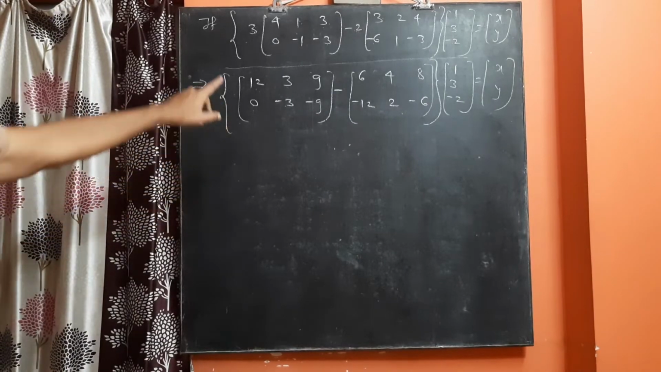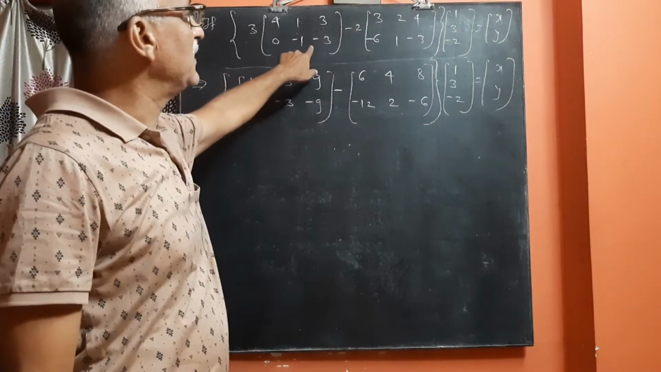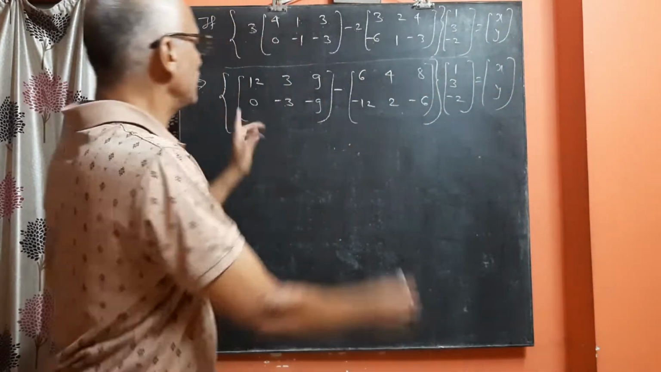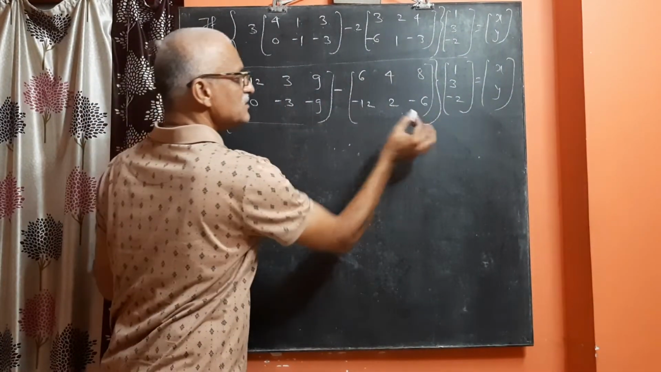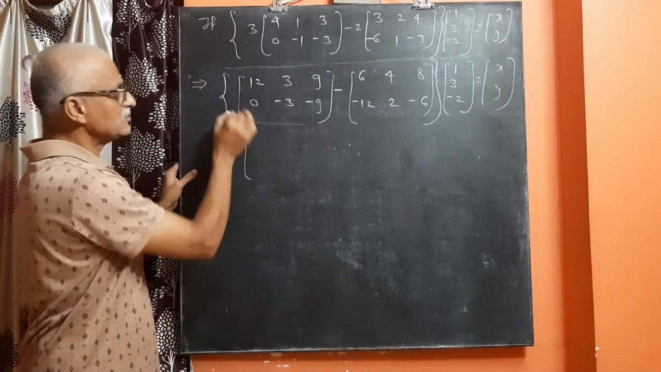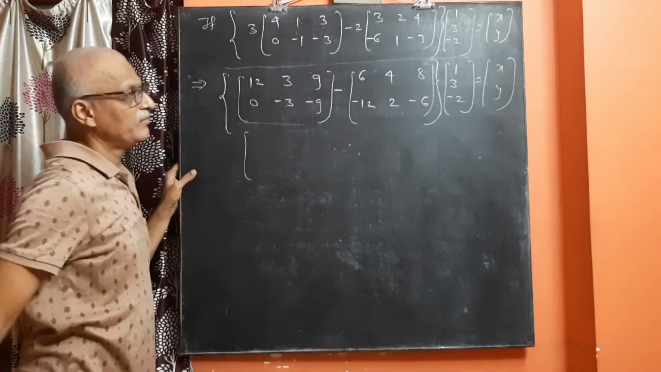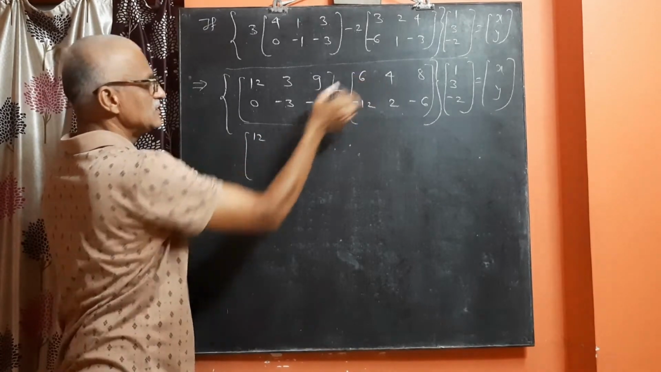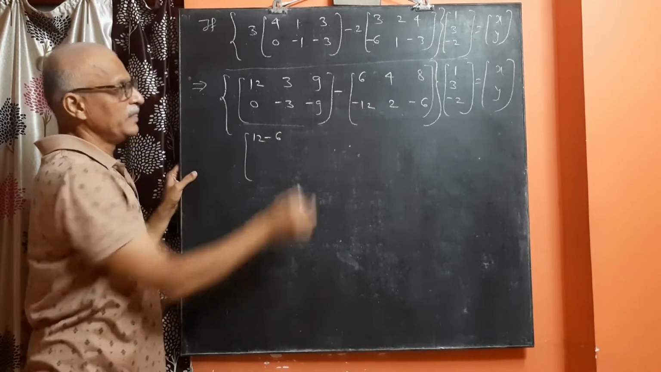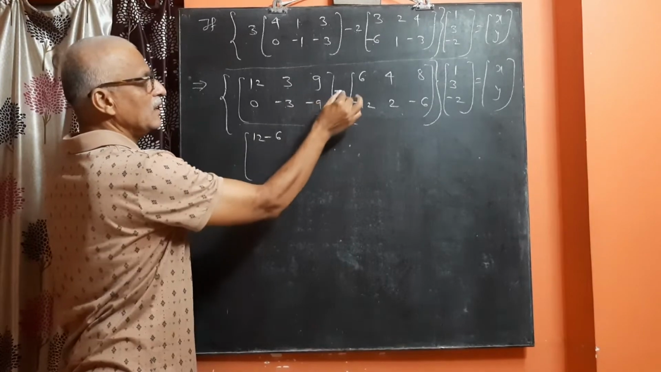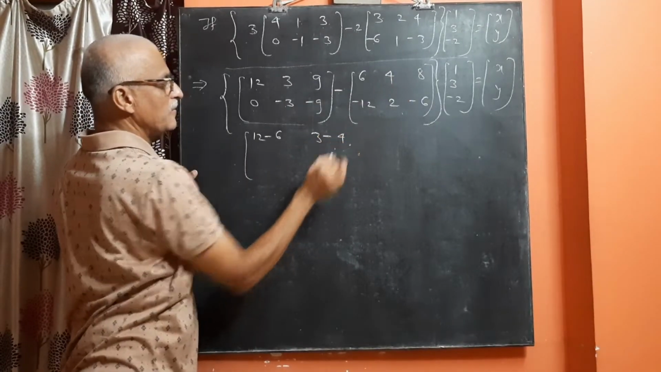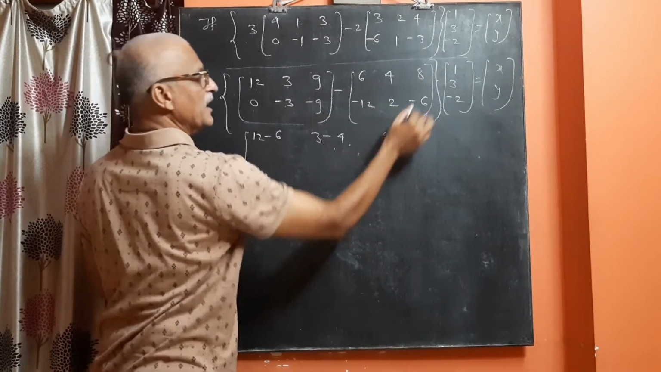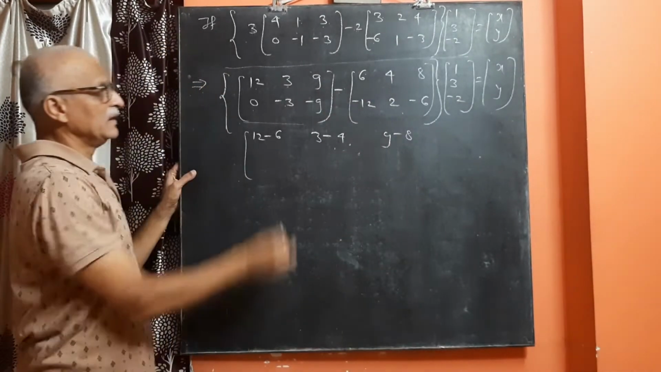क्या किया हम लोगों ने, ये 3 को इनसाइड ले लिया, ये 2 को इनसाइड ले लिया, बाकी एज इट इज है. अब यहाँ this matrix minus this matrix, सो अभी कर्व ब्रैकेट निकल जाएगा आपका. So matrix of 12 minus 6, then 3 minus 4, then comes 9 minus 8, then 0